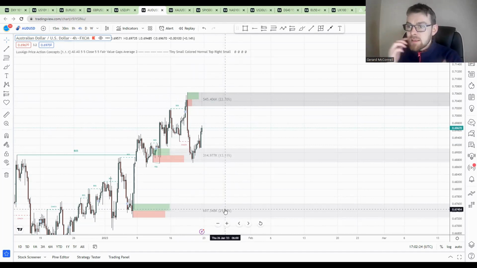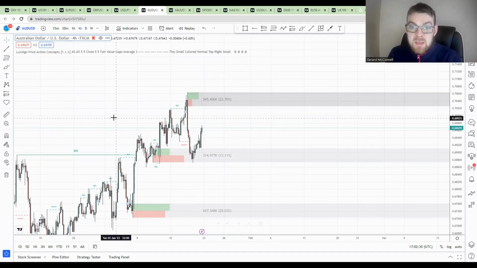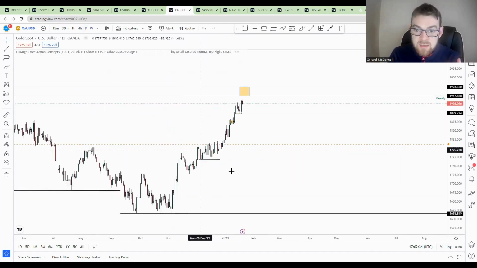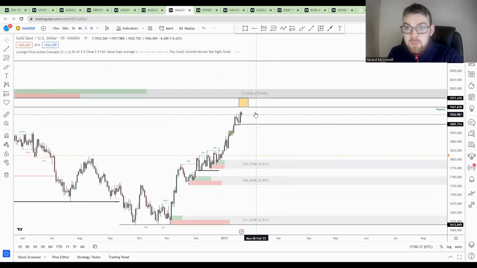So it's important to reconcile: what is your strategy? What are you looking for? What are your confirmations, whether it's short, medium, or longer term? Have clear focus within that as well. So we've talked about gold as well. Gold has obviously continued to assimilate upside price action. So very, very clear movements as well.